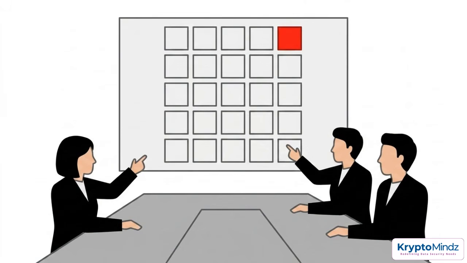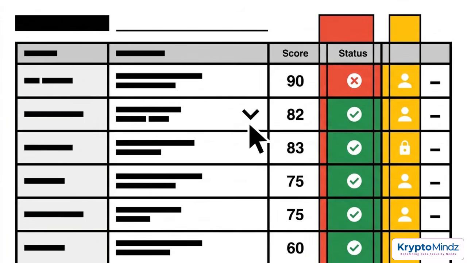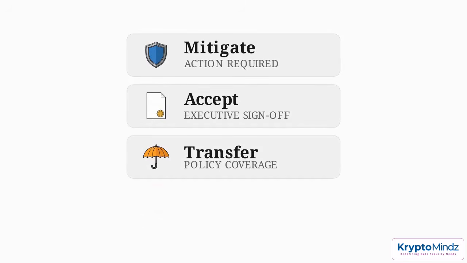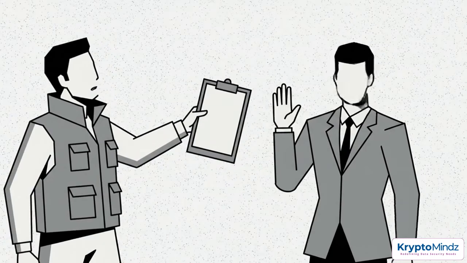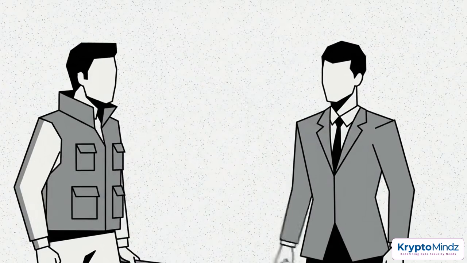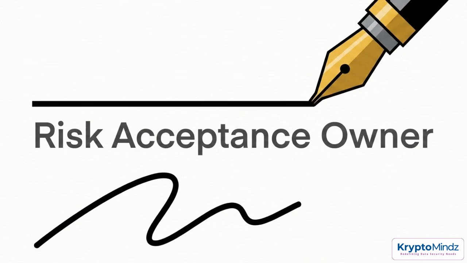These scored threats land in the risk register. For every threat, the business must select one of 4 responses: mitigate the risk, accept it, transfer it through insurance, or avoid the risky activity entirely. A central governance role dictates that IT cannot accept business risk. If a department head chooses to accept a risk to operate faster, that individual must sign the register to acknowledge